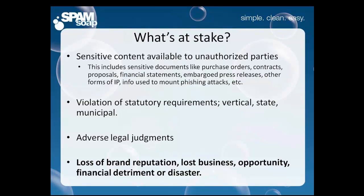The other piece is really the violation of statutory requirements, whether that's a particular vertical, which we're going to get into, state requirements, municipal requirements. We have requirements that are upon us that we have to deal with. And then, of course, there's adverse legal judgments that really can pertain to either of those categories, whether we've lost somebody's, maybe a customer's personal and private information, which there's many examples of, especially recently. We could have an adverse legal judgment against us. That would be problematic for us. If we are found to not be in compliance with specific requirements that pertain to our vertical, that's a problem